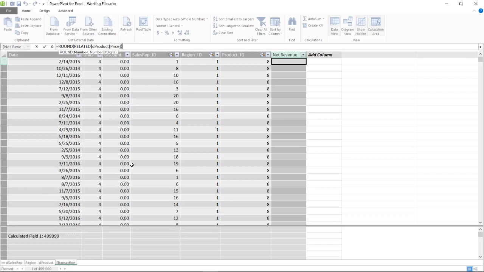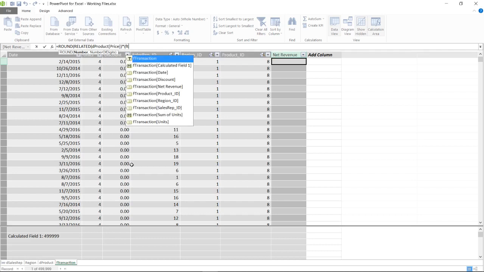Close it. So price into, correct? It's always better practice to use the table name followed by the column name. It gives a good convention and makes it easy to interpret which table that particular column is coming from. So RELATED product into